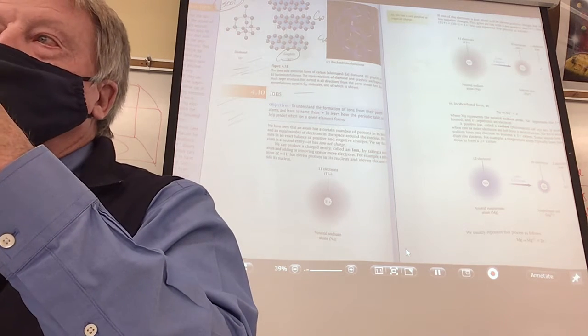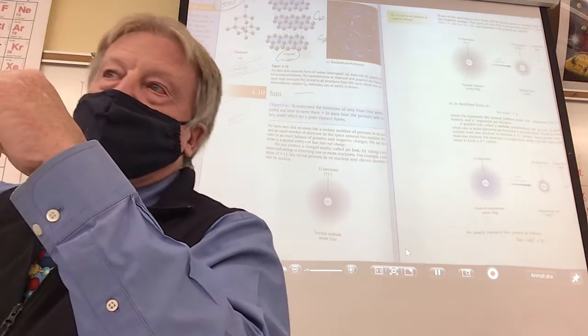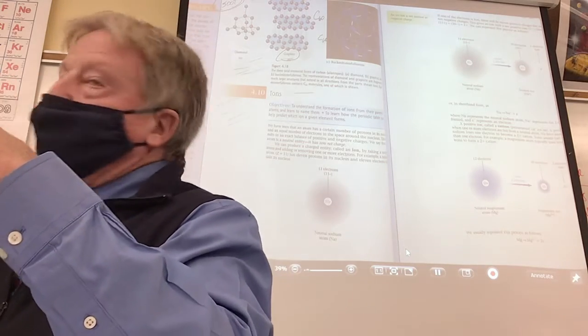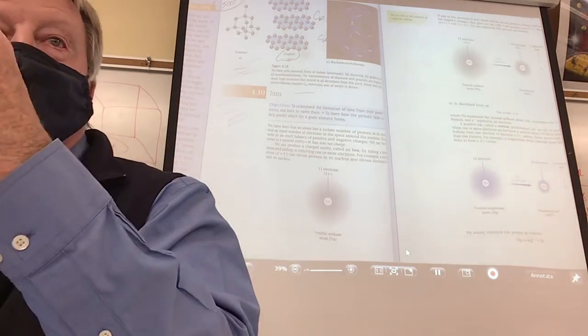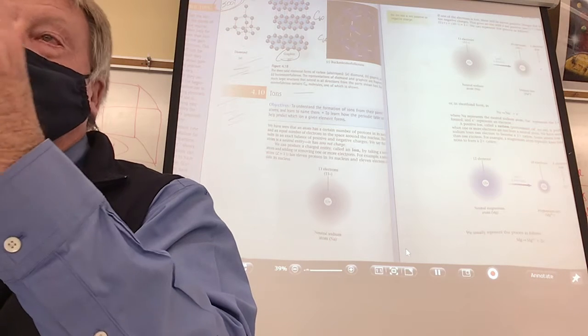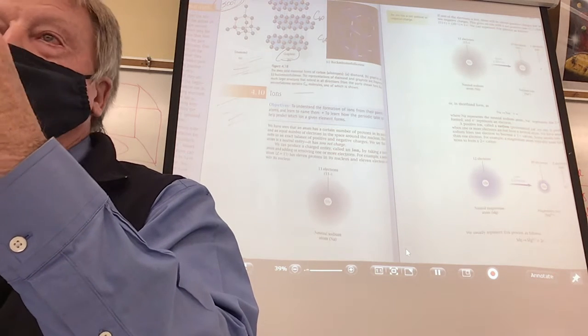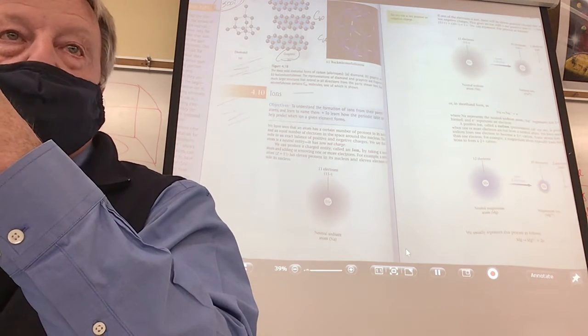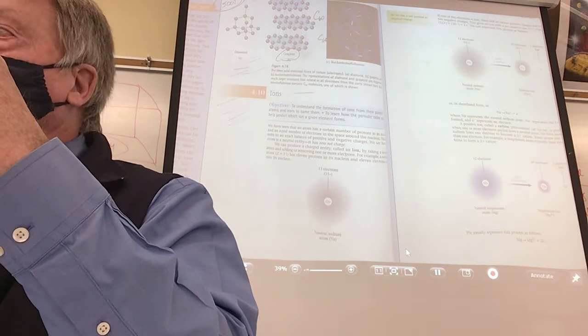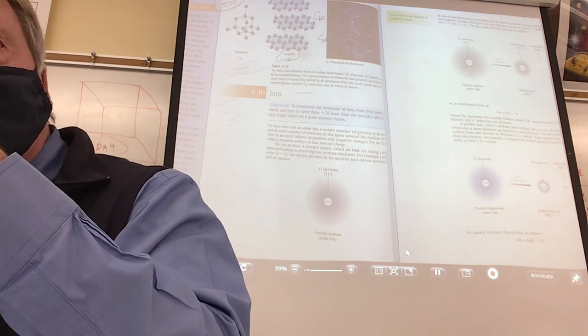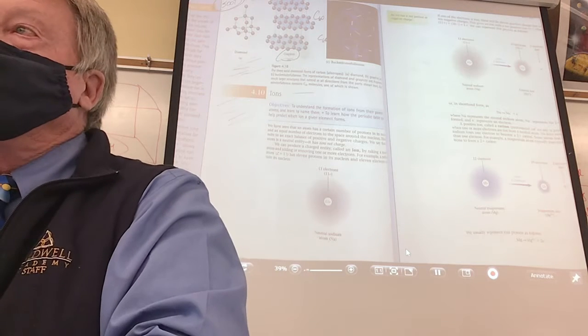Now, every once in a while, you'll get diamonds that have some impurities in them, and it's usually the transition metals. Titanium in a diamond can make it pink, and then you might have some cobalt in there. You can have blue diamonds. There's yellow diamonds. There are different kinds of diamonds that have some extra little elements in there.